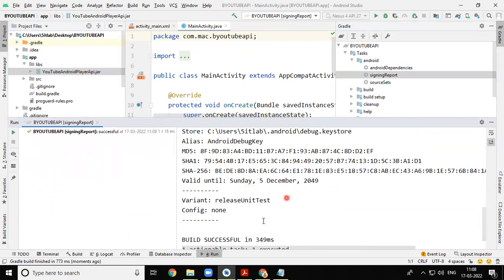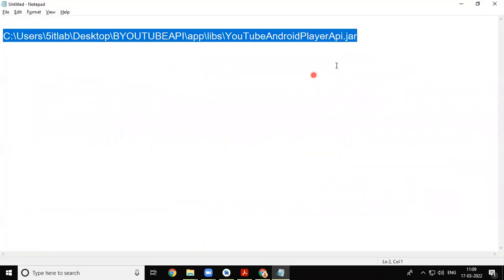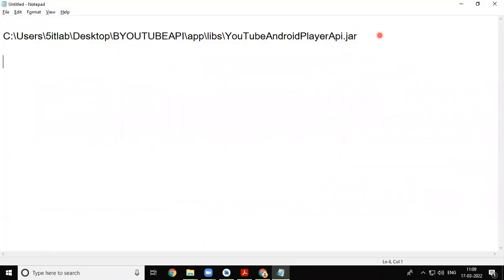You will see in the run option, MD5 key is also generated, SHA1 key is also generated, SHA256 is also generated. But we want only SHA1. So what we will do, we will copy this one. This is our application specific signing key of SHA algorithm. So I will copy only the key from 7.9. Remember student, I will copy only this key and I will keep that key temporarily in some notepad folder